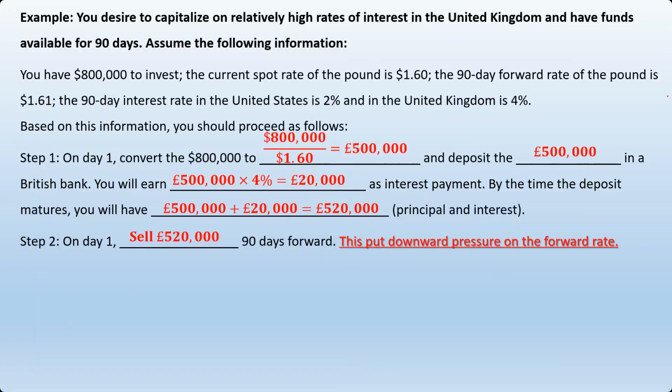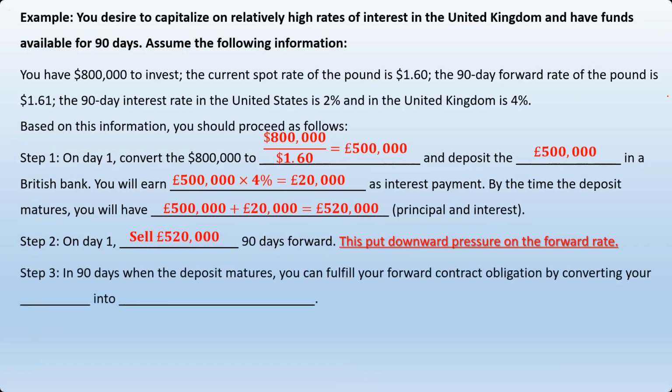There are a lot of arbitrageurs doing this. So this will put a downward pressure on the forward rate. The forward rate is 1.61, so this 1.61 is gonna decline gradually. And in 90 days when the deposit matures, you're gonna fulfill your forward contract obligation. You're gonna deliver this 520,000 British pounds to the bank. And the bank is gonna pay you based on the forward rate,